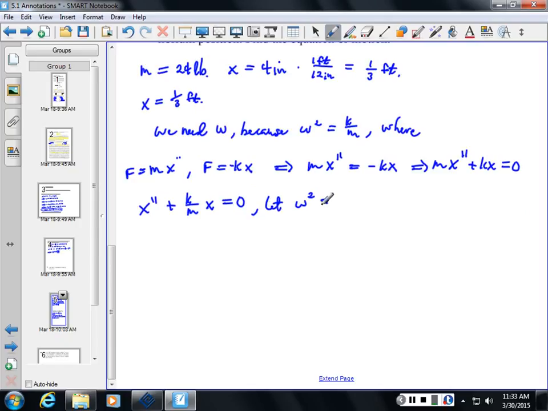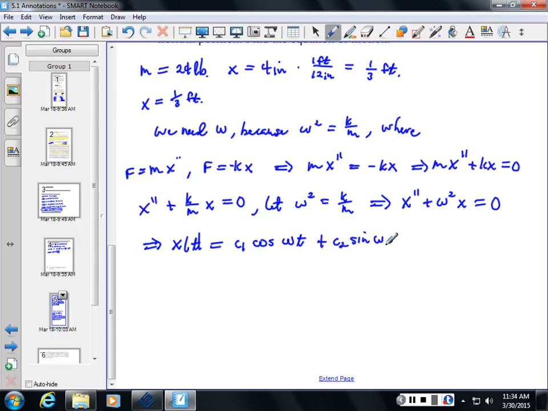So let omega squared equal K over M. So this implies that x double prime plus omega squared times x equal to 0. When you solve this guy, this implies that the solution is x of t is equal to c sub 1 times cosine omega t plus c sub 2 sine omega t. So the thing that we need is omega, right? Give me omega, and then I can write the equation of motion. And then we have to also solve for C1 and C2, and that comes from those initial conditions, which we'll get to. So if you go back to this problem,